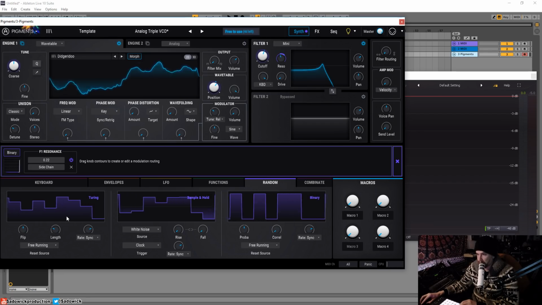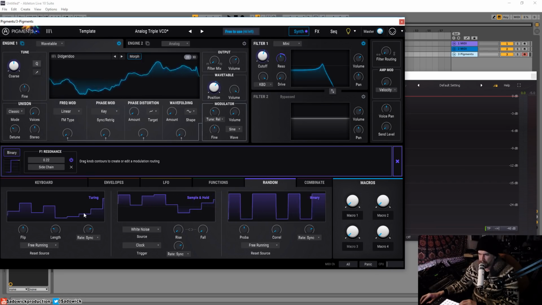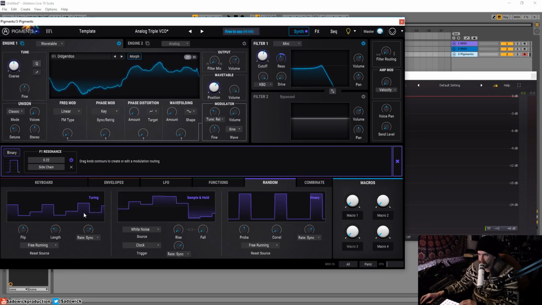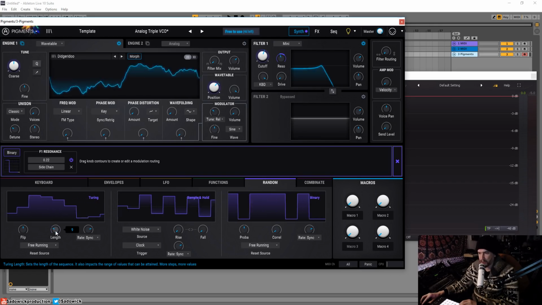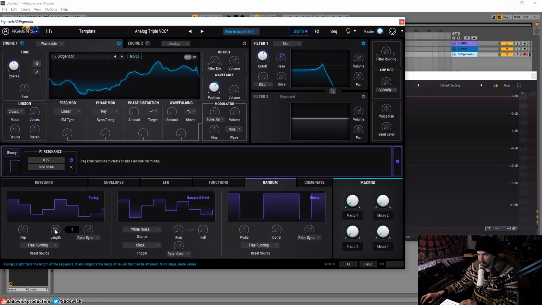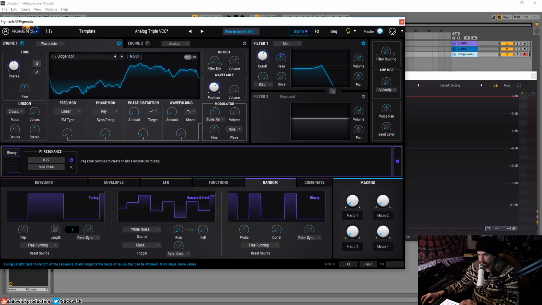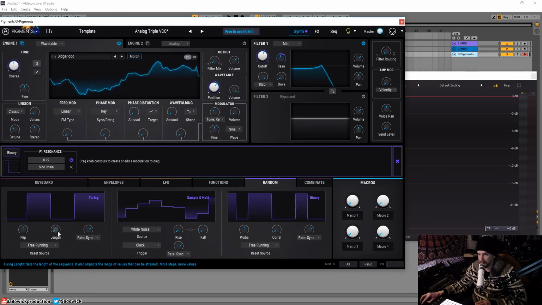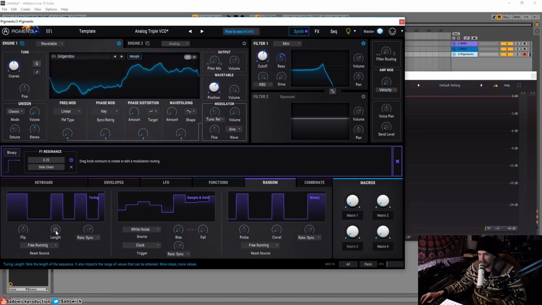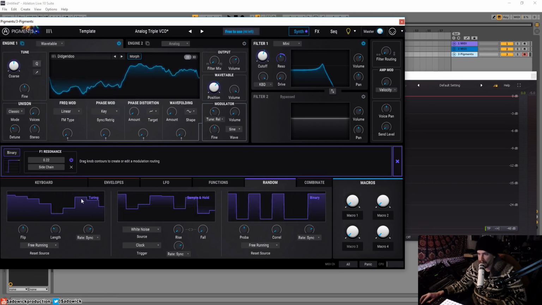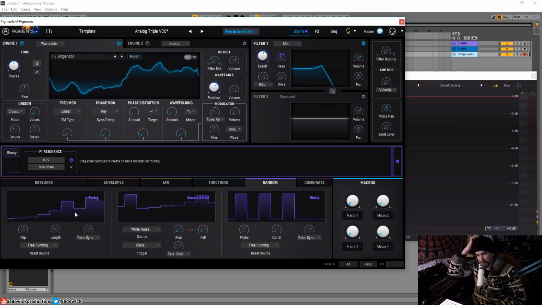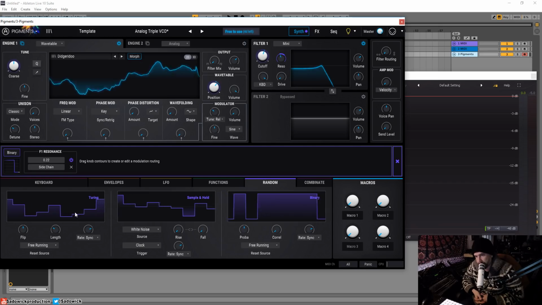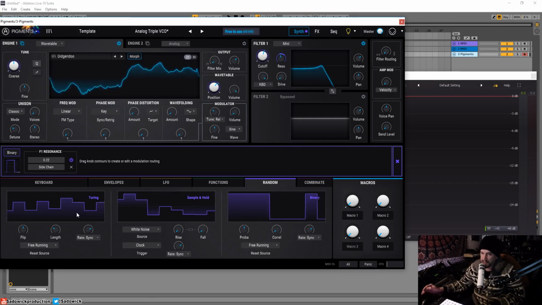So Turing, I guess, these are different kind of sample and hold using different kind of seeds, or sets the length of the sequence and also impacts the range of values that can be attained. More steps, more values. Okay, so this is kind of like binary, but it has a chance of having multiple values in between 0 and 1. So we have kind of 10 steps to this sample and hold. That's really interesting. I really appreciate that. That's like a new take on